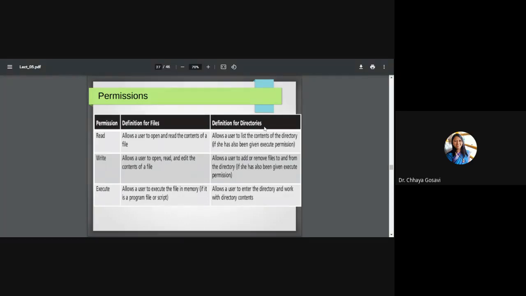And for a directory, you can create your own files, or you can remove, delete files from the directory. That is write access. Execute, you can run a file, and in case of a directory, it allows the user to enter the directory and work with the directory contents, meaning you are allowed to open that particular file or directory.